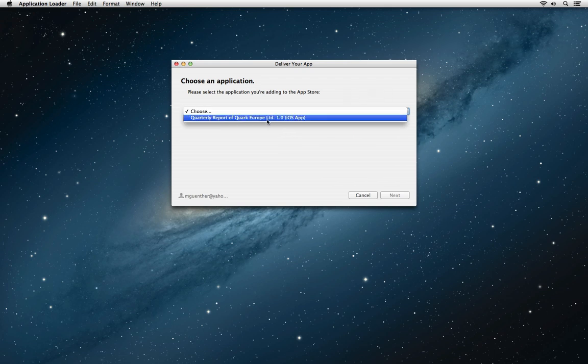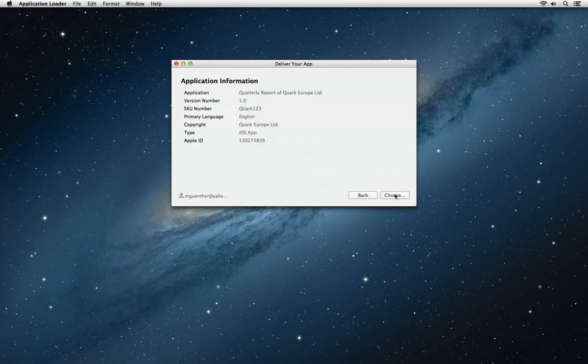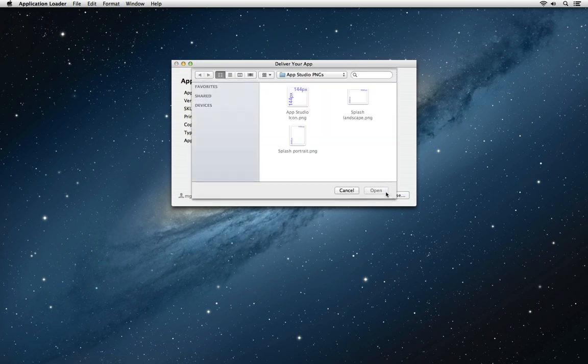I don't see the app I've set up here because I haven't submitted it in iTunes Connect now. So I have to choose one that I've already set up previously. And I'll see the screenshot here. I'll say next, and you can see all of my information again. I'll say choose, and that's where I now would have to select that IPA I downloaded and submit that to